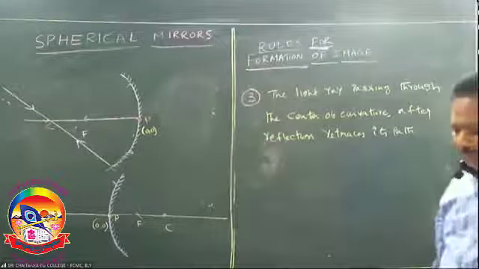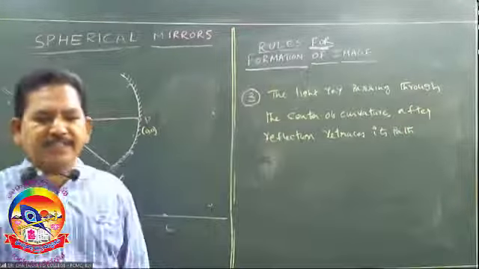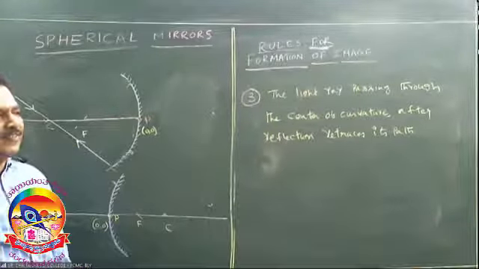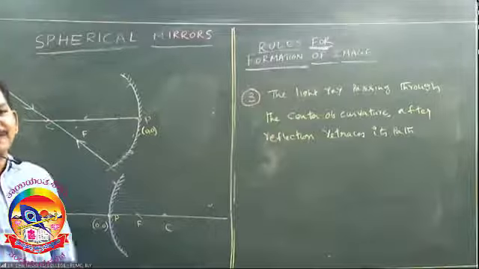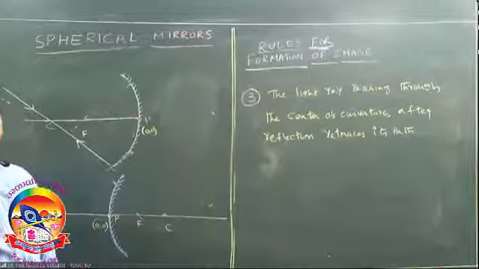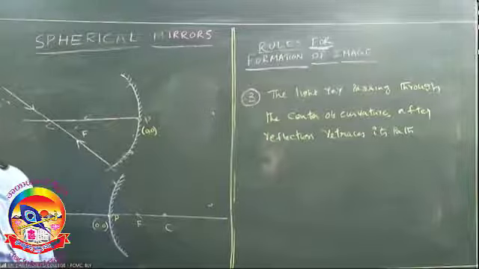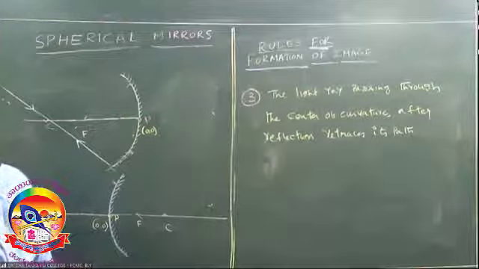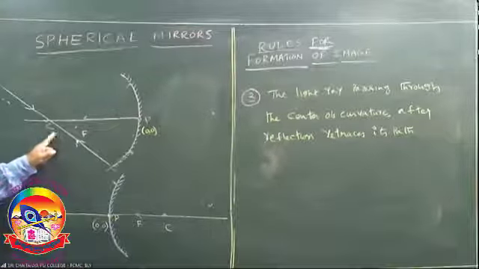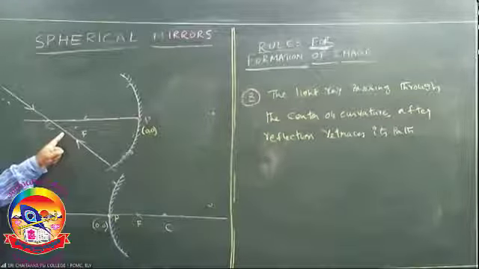Once go back to the plane mirror concepts. In plane mirror, we have studied normal incidence. Normal incidence means whenever the light ray falls normal to the plane mirror, it will be reflected back. So in case of plane mirror, normal means we will write a light ray which makes an angle of 90 degrees. Here, this will act as a normal in case of spherical mirrors.